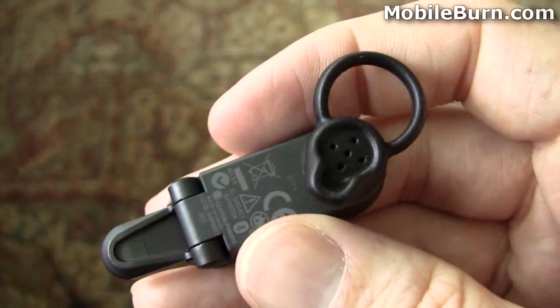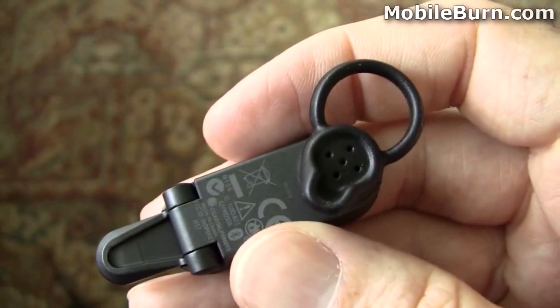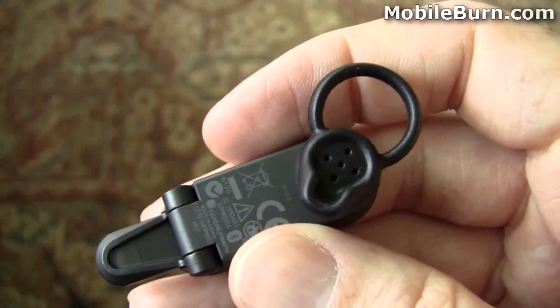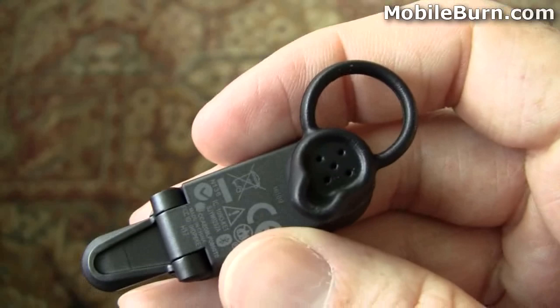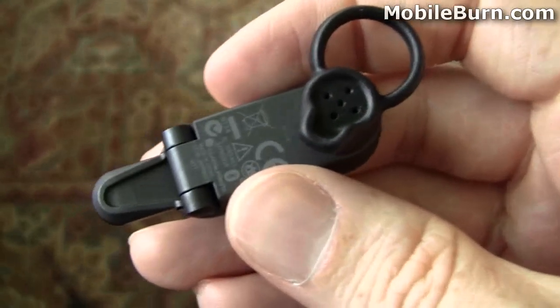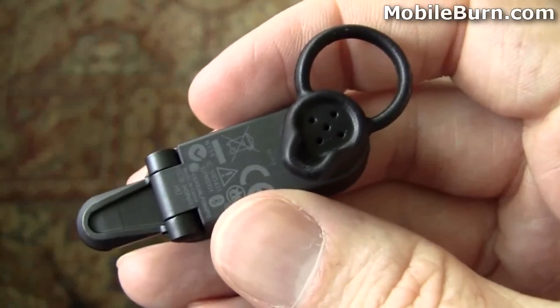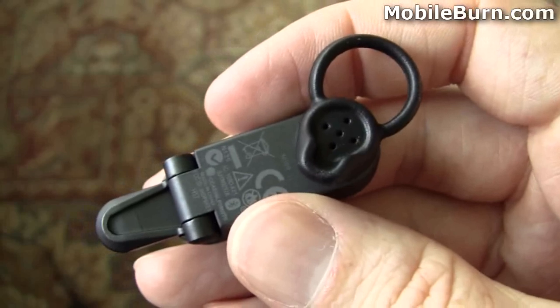The headset also tells you when a phone connects or disconnects from it. Can pair up to 2 devices at the same time, and I'm going to turn on one of the phones here so it connects. And now it's been connected. If I disconnect it,